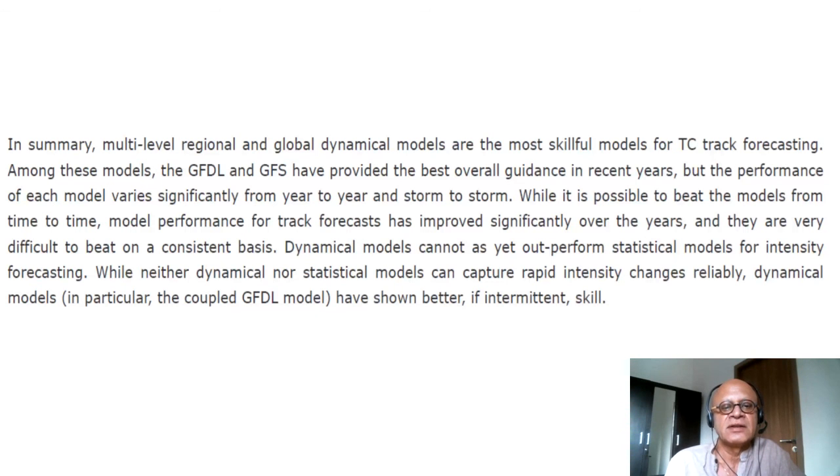You expect that dynamical processes will help the dynamical model do better in terms of rapid intensification, whereas statistical models based on data may not be able to get enough data to do the rapid intensification, but this has to be watched carefully over the coming years, because as we said already before,